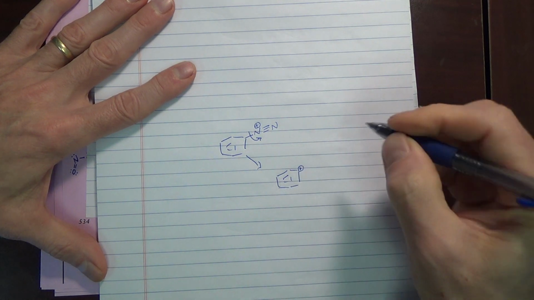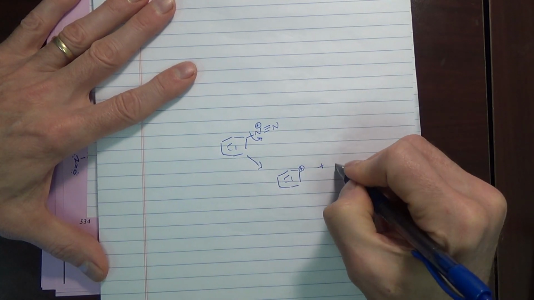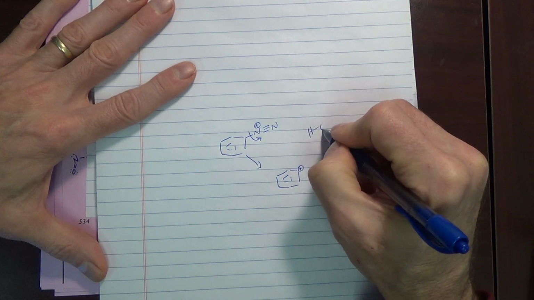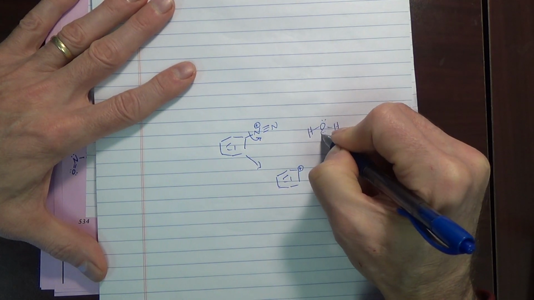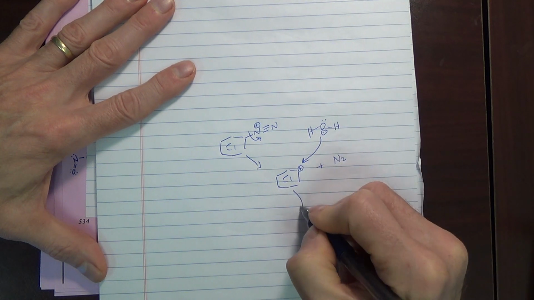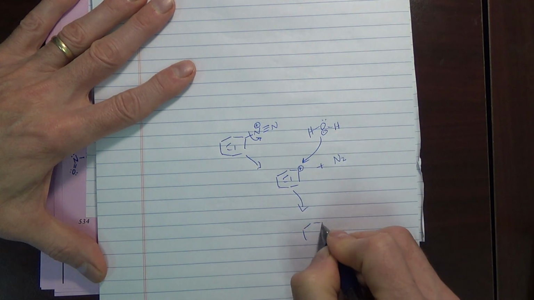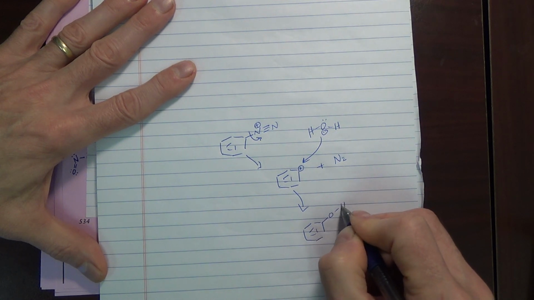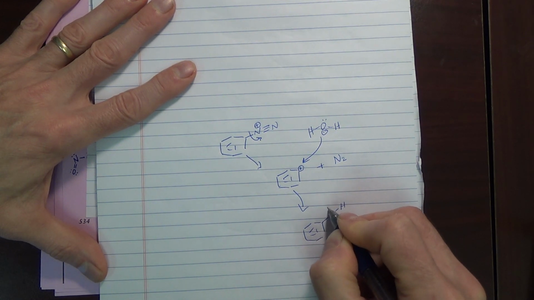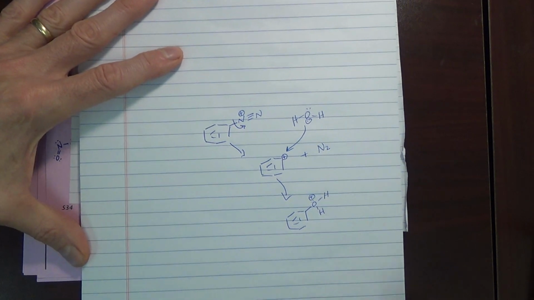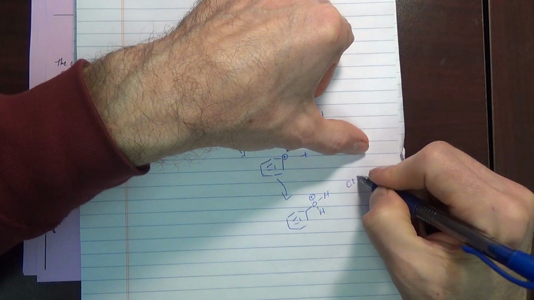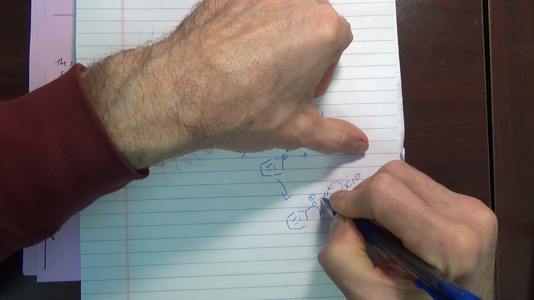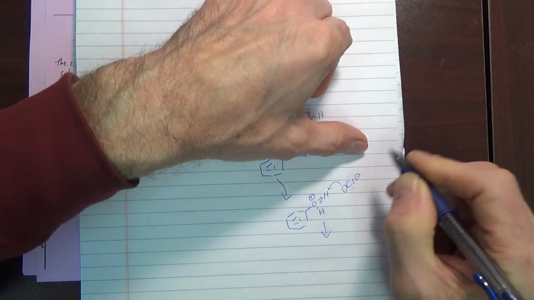But that's not a great carbocation because it's not resonance stabilized. You got to understand that. But if water then adds here, we could get this, and then something takes an H, maybe the chlorine or the chloride that's there. And you can see how we could get phenol,